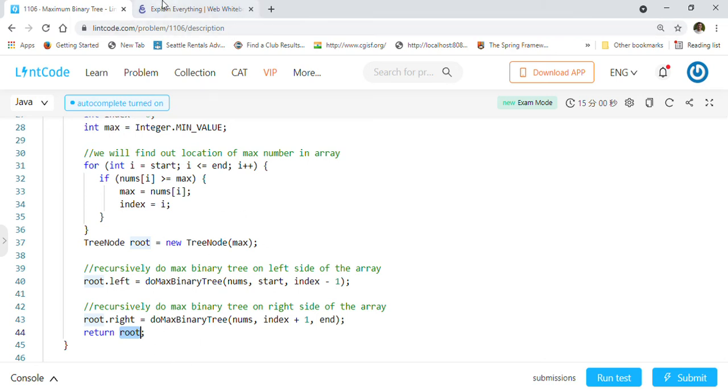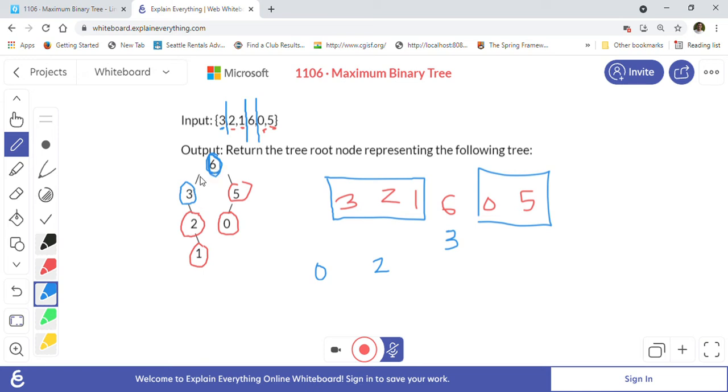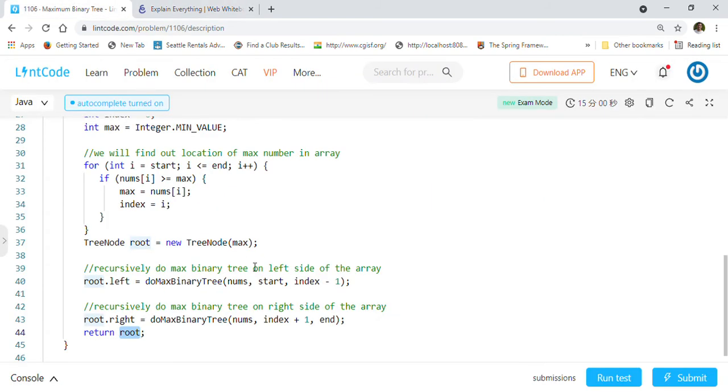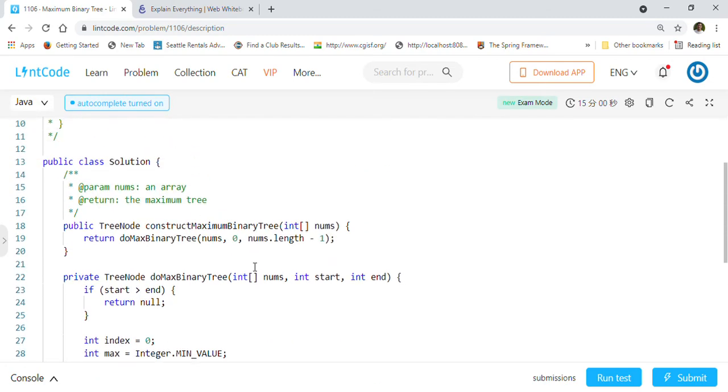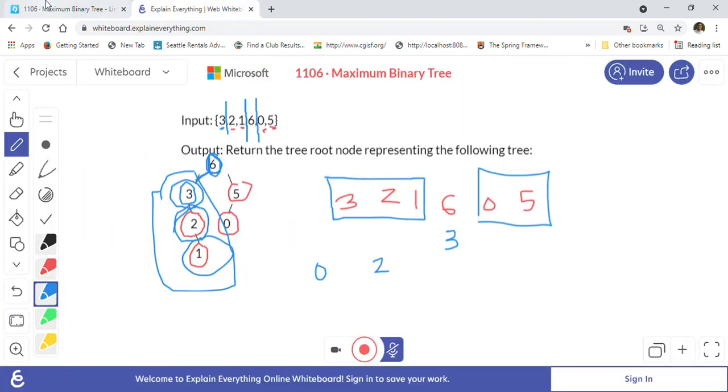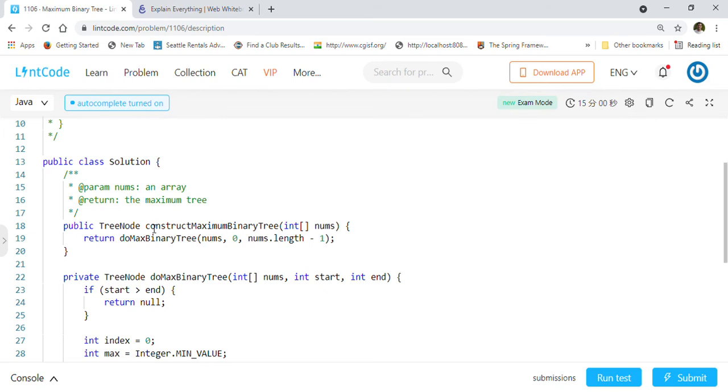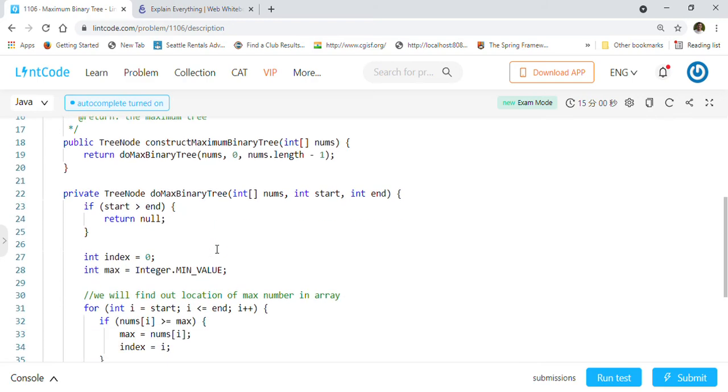So this will recursively call this function. First it will call on this left side on 3, then it will call on 2, then from 2 it will call on 1, then this 1 will be formed, it will be attached to 2, then this 2 1 will be formed and it will be attached to 3, basically, and this whole thing will be attached to the right side of 6. So this is how the recursion works, right. So this is how we can solve the maximum binary tree problem, which is one of the past Microsoft problems in their interviews. So make sure you understand the recursion and try it out.